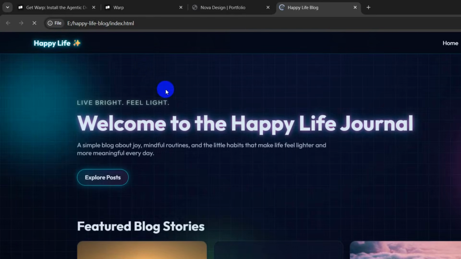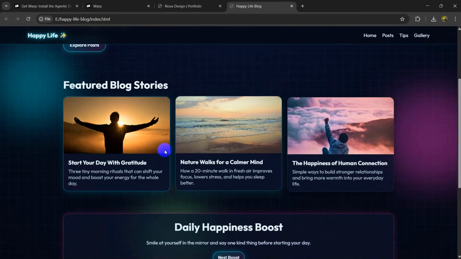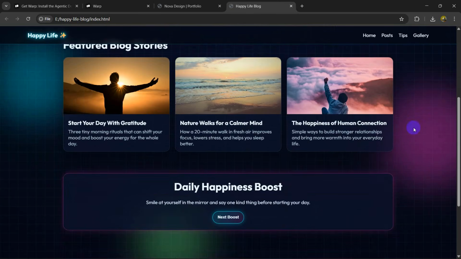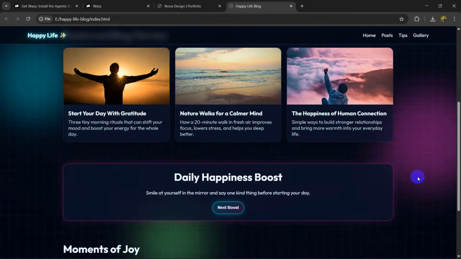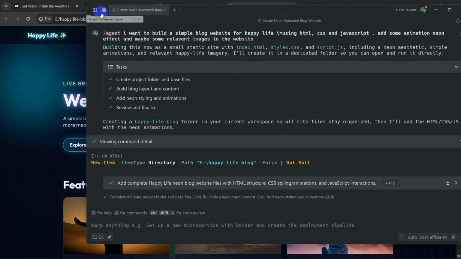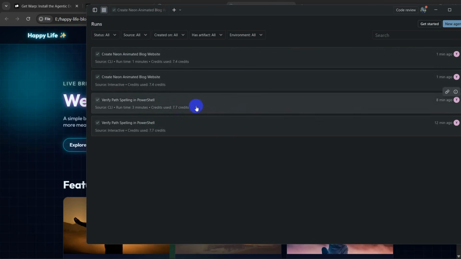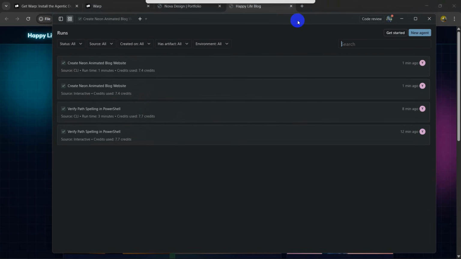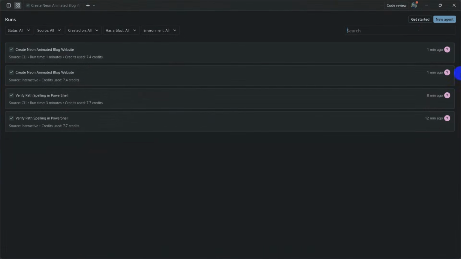So if I just double click here, there you can see it added some relevant images, and the website design is really awesome. So there's a lot of things that you can do with ORP. ORP is a really awesome terminal. There you can see all the details that you just did. We made a website just a minute ago, and